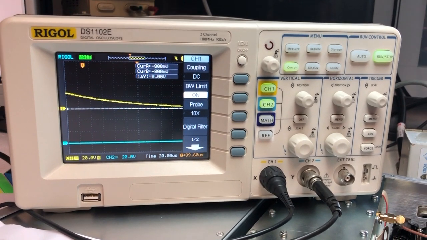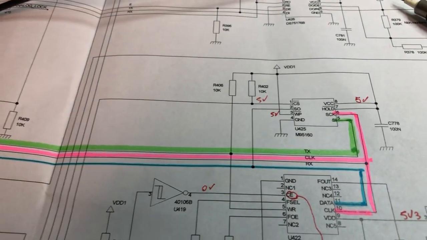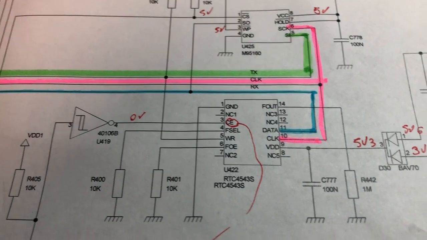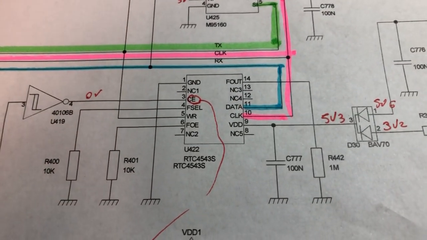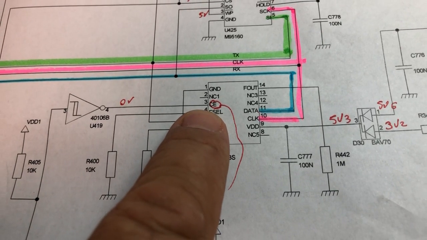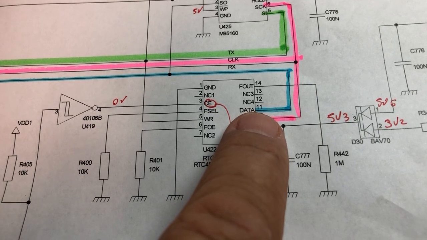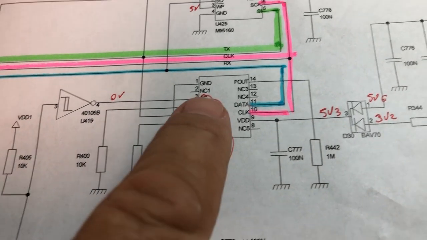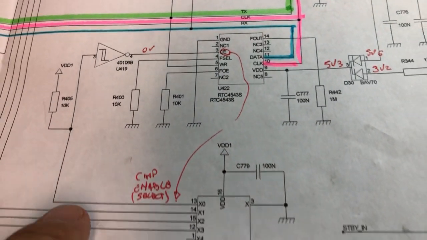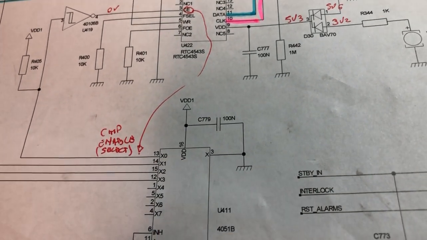Now we will show how to measure a real-time clock if it is correctly working. Here we have the real-time clock integrated circuit. On pin 3 we have the chip enable, then on pin 10 the clock and pin 11 the data. The chip enable is generated on pin 13 by this selector integrated circuit,